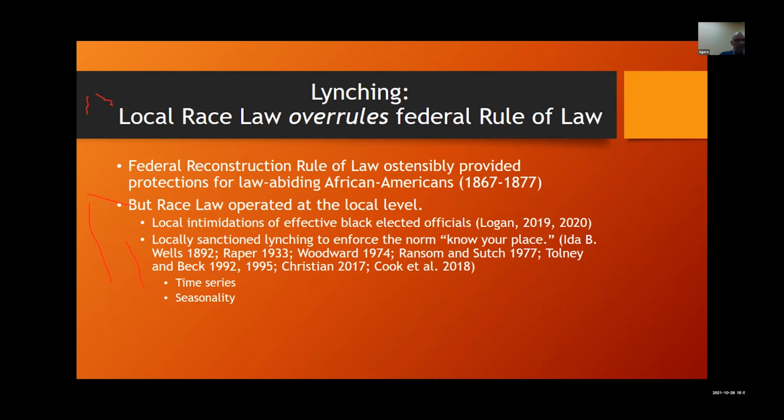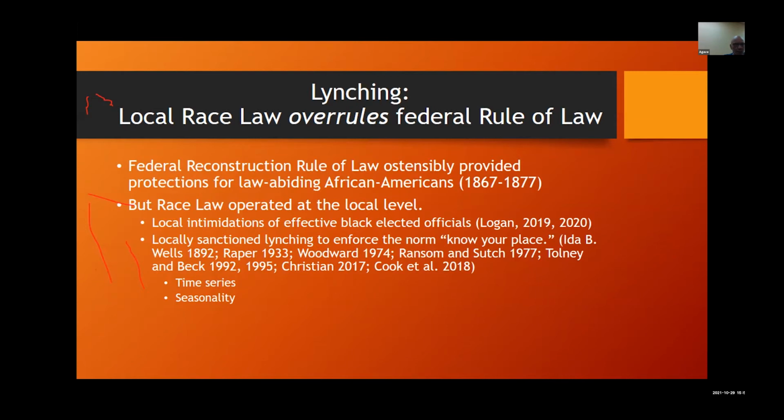Local intimidation of effective Black elected officials, Trevon Logan, I think, shows that case very well. Locally sanctioned lynching enforced the norm: know your place. That definitely was there under slavery, but lynching wasn't required because you had night riders and local enforcement police and things of that nature. So there's a host of literature on lynching, enforcing this norm, know your place,